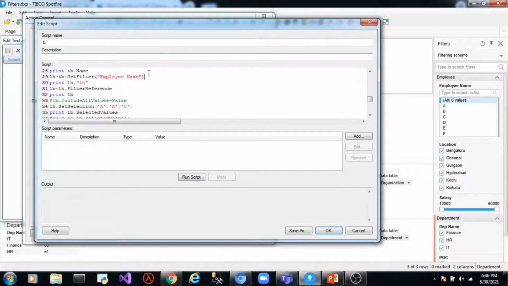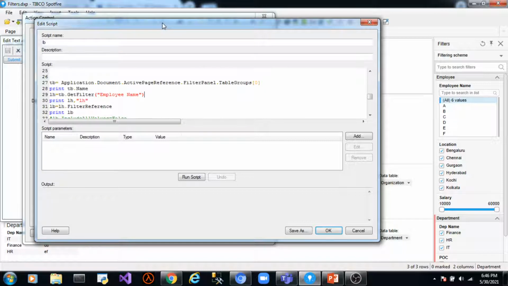Okay, so let's check out listbox filter first. Suppose we want to access properties and methods of a listbox filter. We have a listbox filter called employee name, and we want to use some methods and properties which are exclusively defined for listbox filters, or which are applicable to a listbox filter. So at this point, once we get a filter reference, we need to cast it or parse it into a listbox filter, which we do using the as method, which I showed you in the filter class, as it was written as T. So here we pass the type of filter.